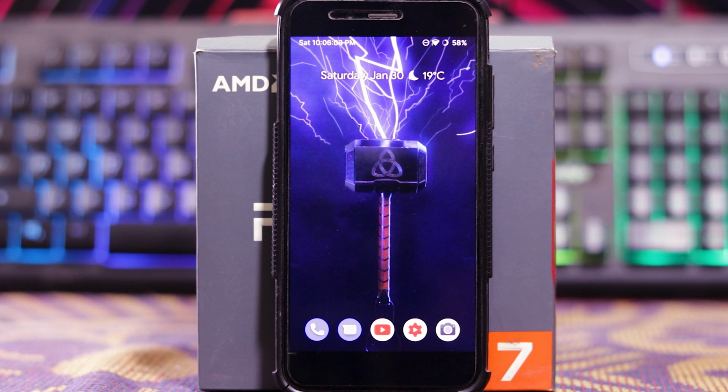Let's see the review of Lightning kernel 9.0 on MI1. In this video, I'll show you the ROM performance, how to install the kernel features, and ROM performance after installing the kernel. So let's skip to the about phone to see which ROM is installed and which kernel is installed.